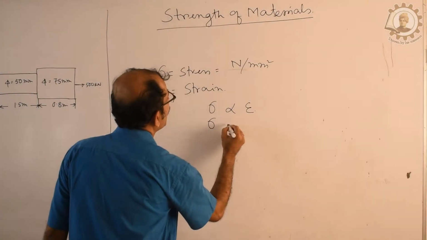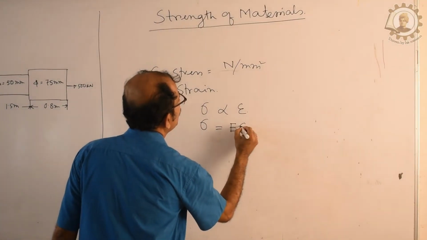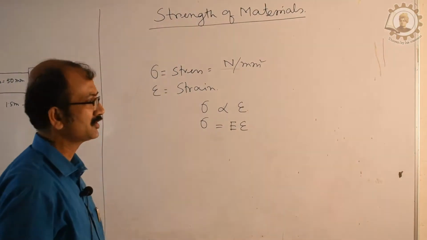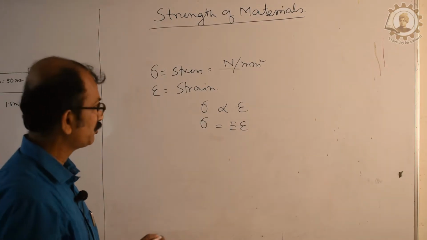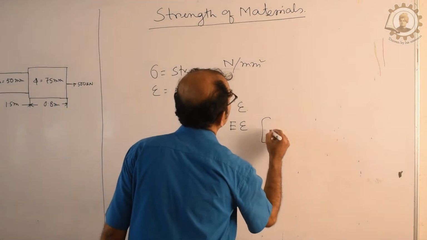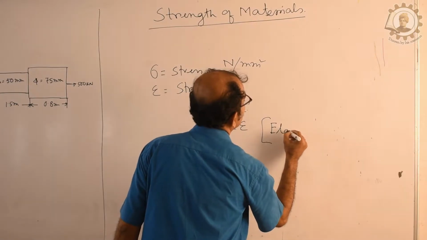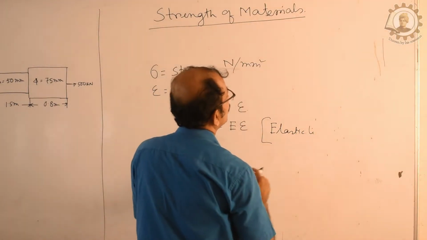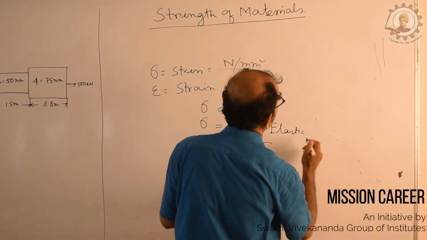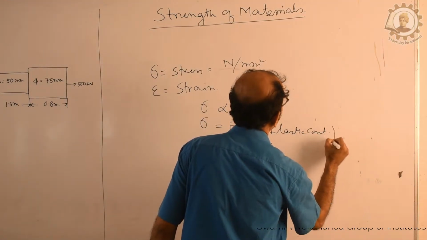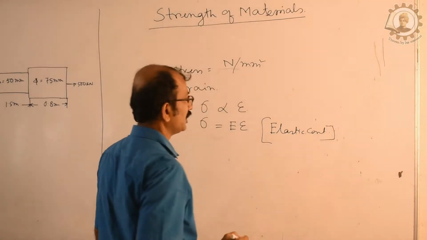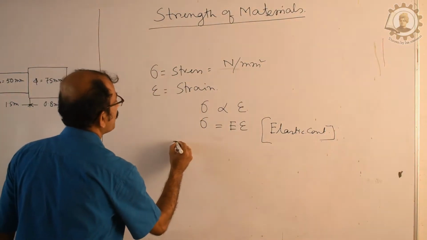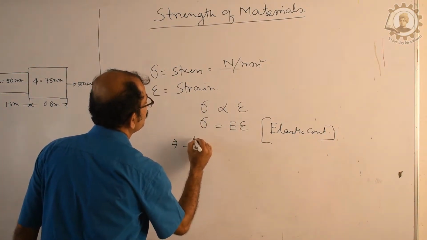So sigma equals E epsilon, where E is the elastic constant or constant of proportionality. Now sigma equals P by A,